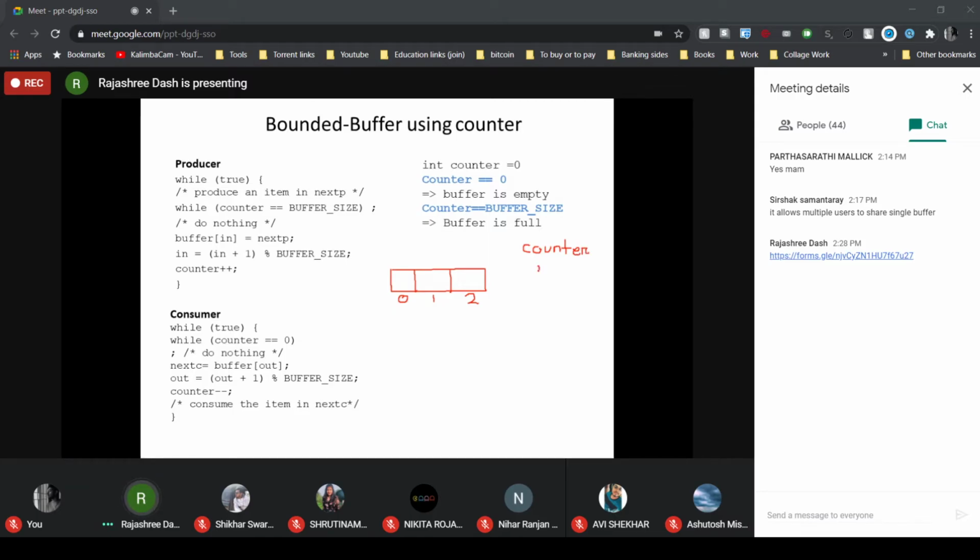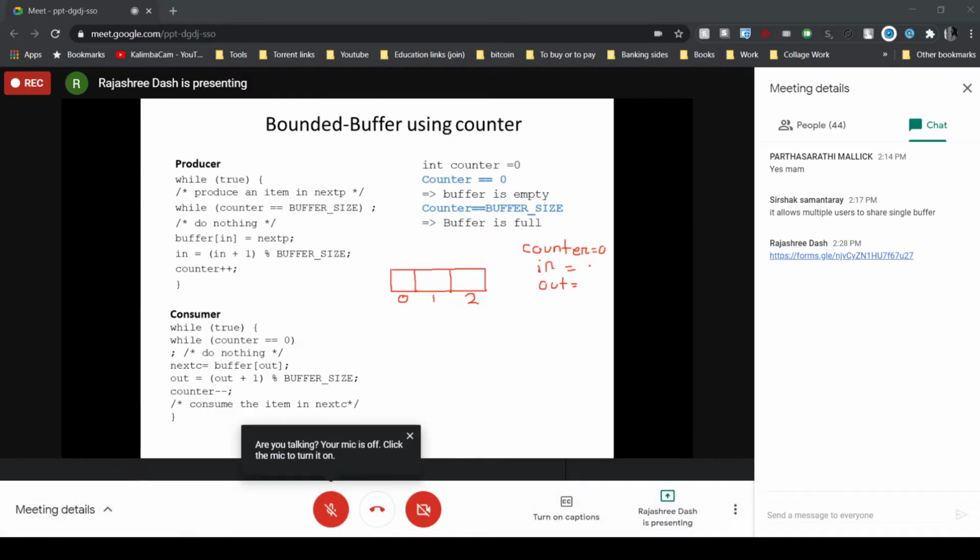Now there was an in and there was an out. Now the initial value of the counter, in and out are all 0. Initially counter is 0, initially in is 0, initially out is 0.